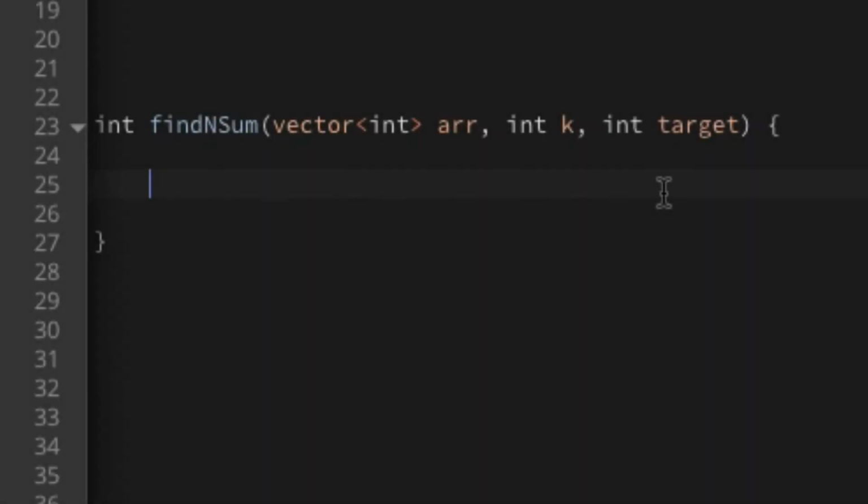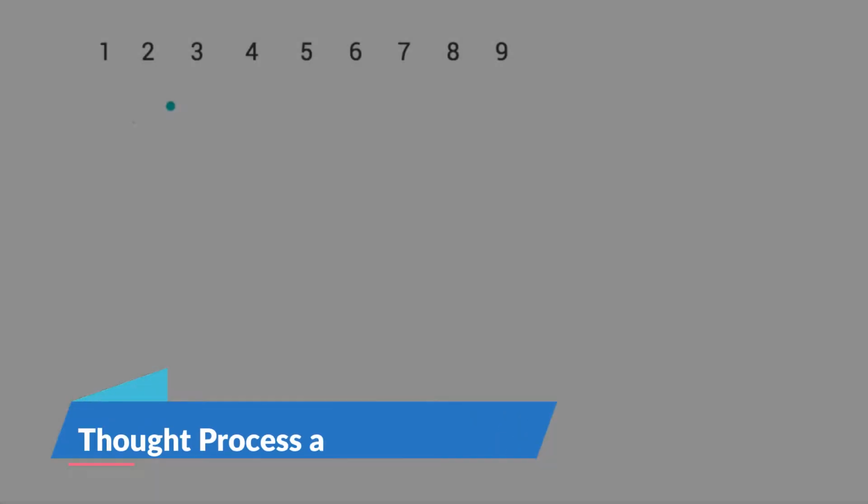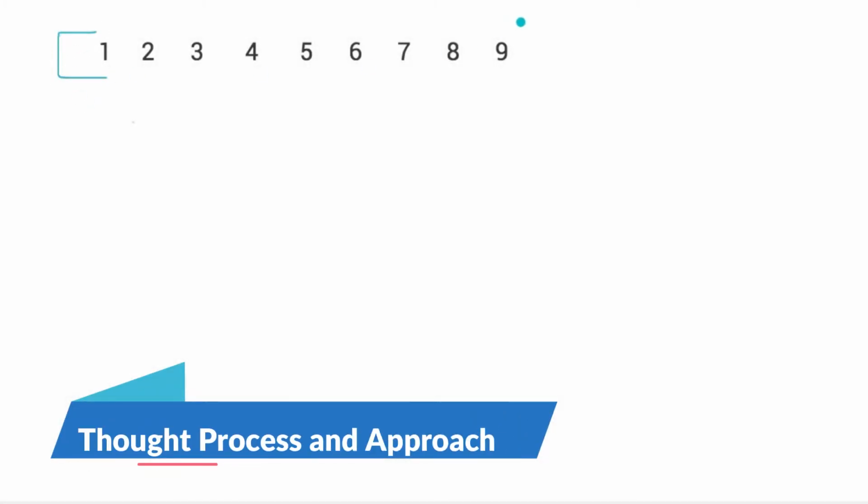Before starting to code this solution, let's take a look at the approach that we will take. Let's say the input array is this from 1 to 9, and if k is equal to 2, then we already know how to solve this problem, and we have already written the 2sum method that will take care of this. Now if the k is 3, then we again know how to solve this problem by using the 3sum,